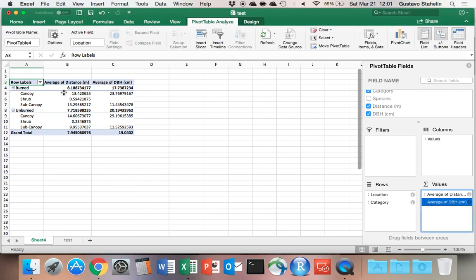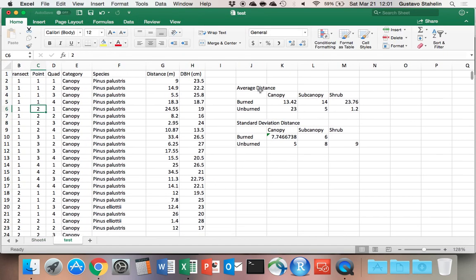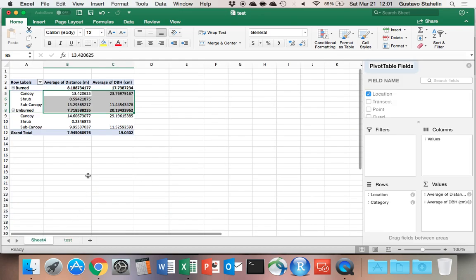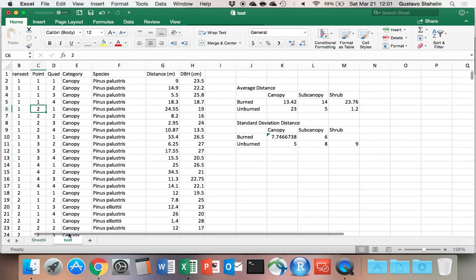And voila. So basically, this information is what we had in the other one right here. Right? That it took us forever and ever to do. Doing it with a pivot table is much easier. However, see that here we have only the average, and we have to do the same separately for DBH. So to fix that, what you can do is that you can